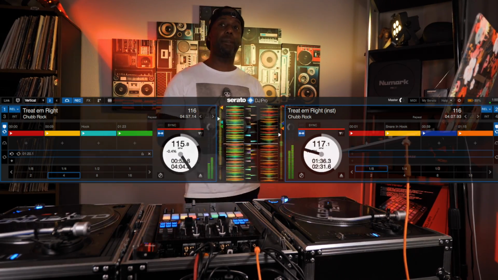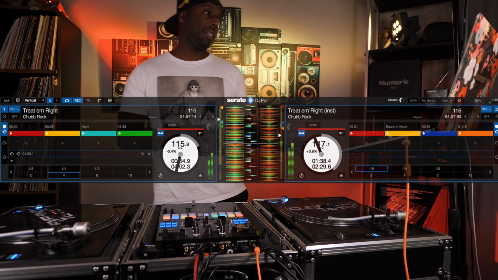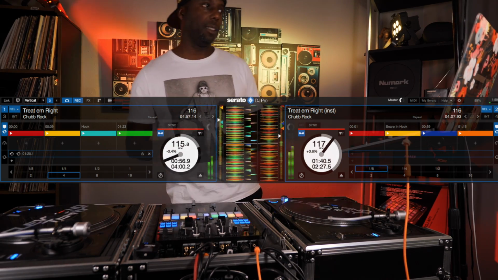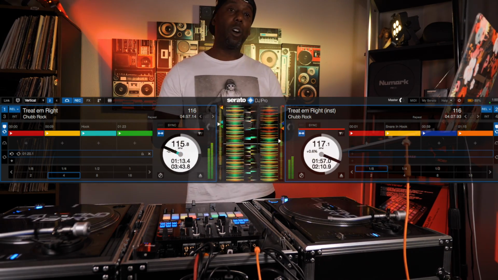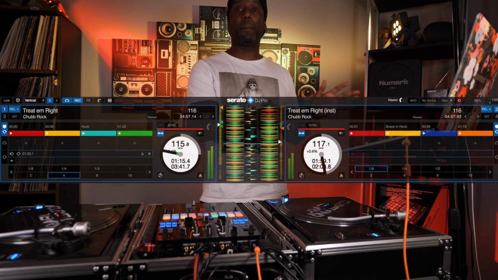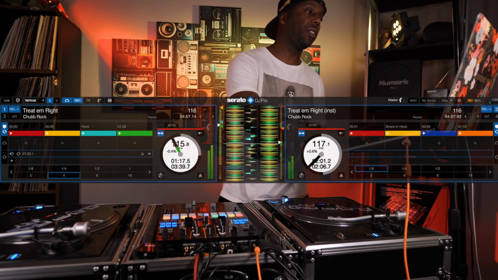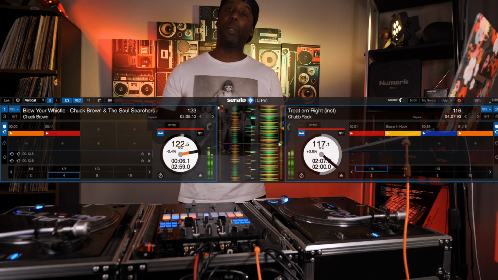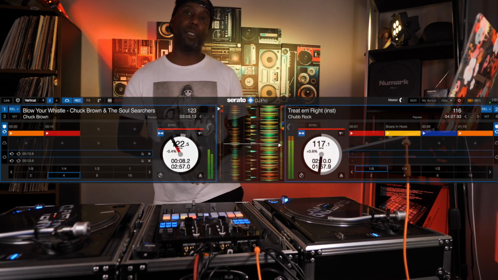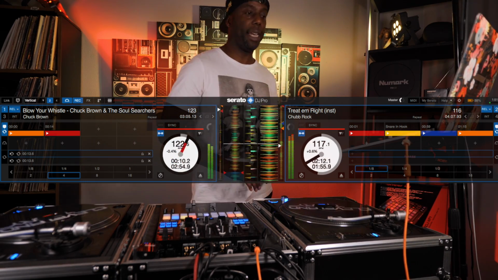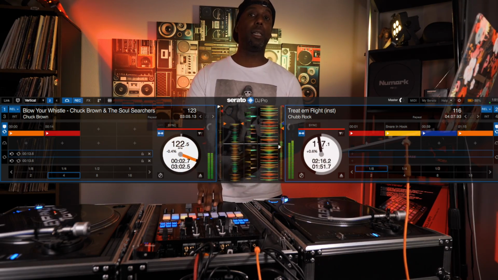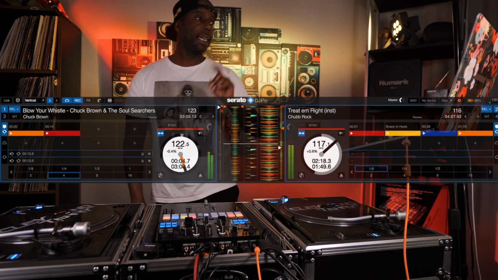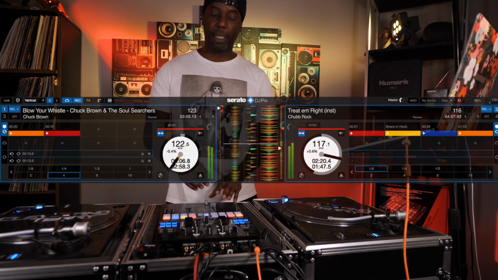Now, let's talk a little bit about Blow Your Whistle because that's the key to all of this. So with Blow Your Whistle, it starts right off the verse. But before we do any of that, we need to set up the song. So let's move over to Blow Your Whistle. Now with Blow Your Whistle, I have two cue points established. First cue point is when he comes in his verse. That's the first cue point. Second cue point is the tambourine sample.